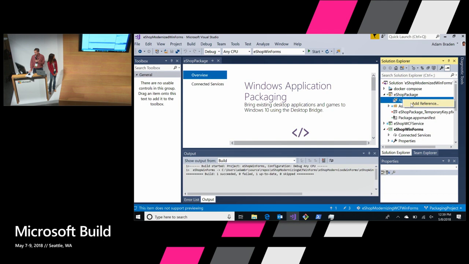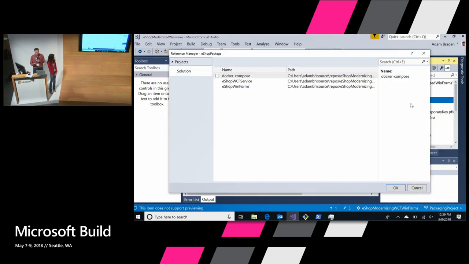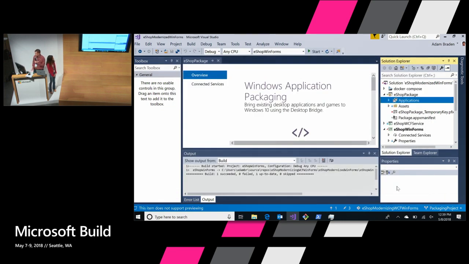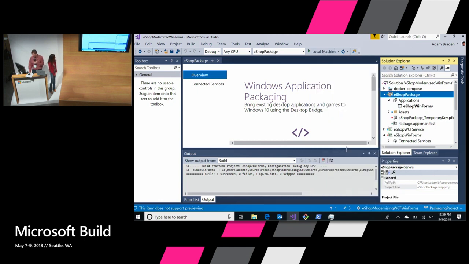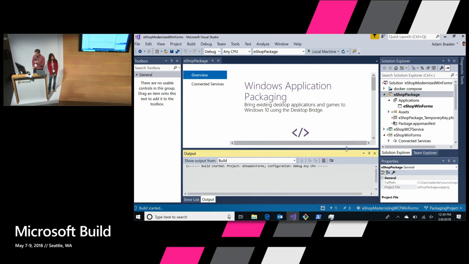If you click on that and choose Add Reference, now I'm presented with a dialog of which projects I want to package in my solution. Here I'll choose the WinForms application because that's my client application in this sample. And choose OK. And you'll notice that it's now added as a reference to this node. In this solution now, if I set it as startup, and if I hit Control F5 to run it,